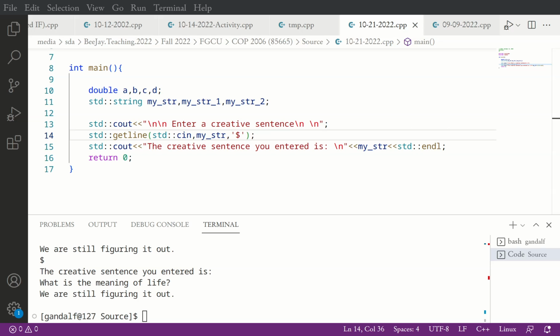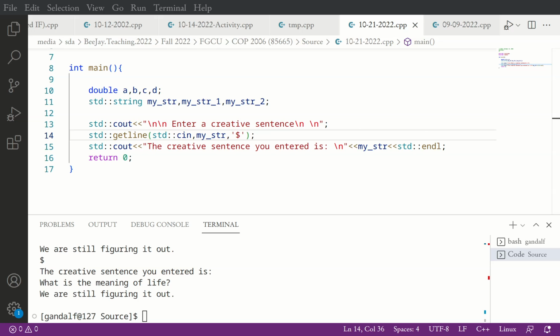So I showed you with numerical inputs we can get multiple inputs simultaneously in different lines. White space will not be a problem. With strings, white space will be a problem because space is a string character. If you give multiple spaces, it's just a string with multiple characters.